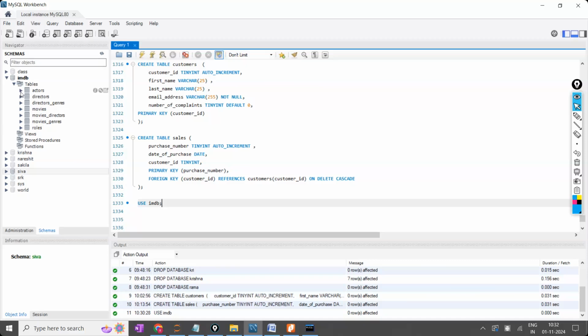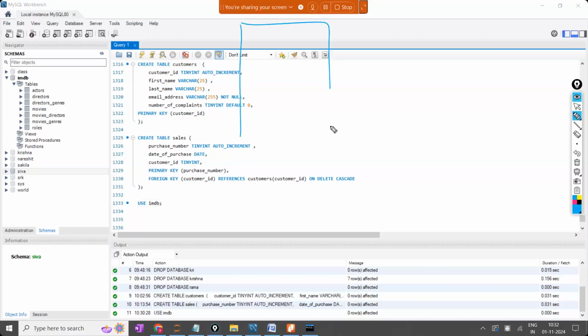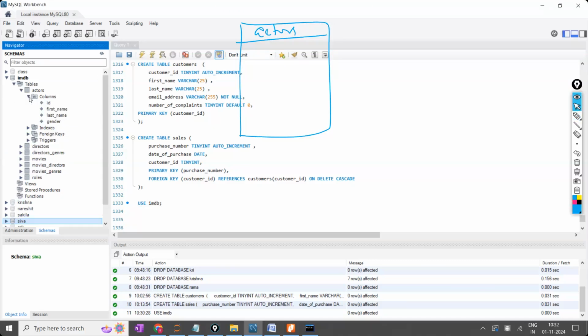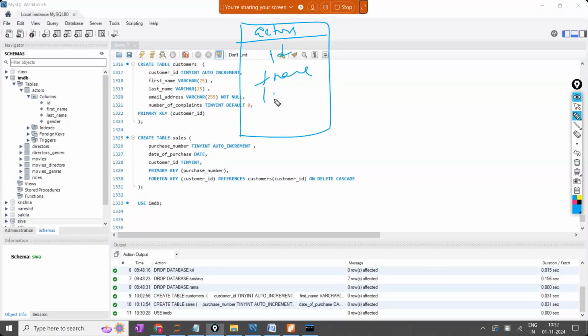So first I'll start with the actors table. I'll take a paper. At the top, I'll write actors as the heading name, that is the table name. In that, I will click on this. What columns are there? ID, first name, last name, gender.